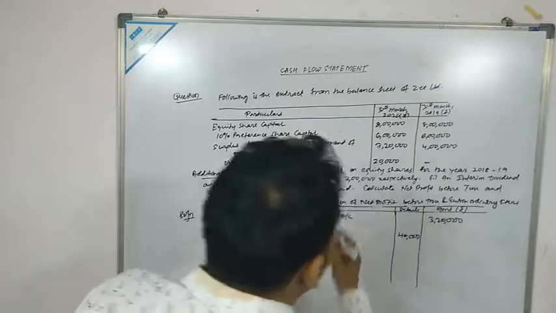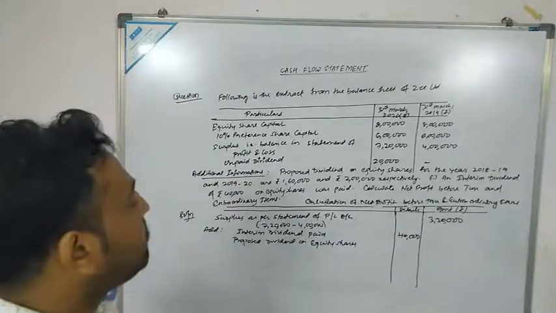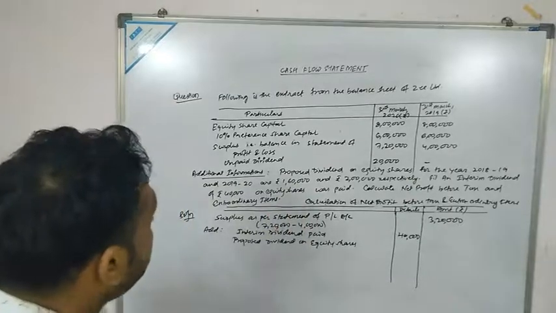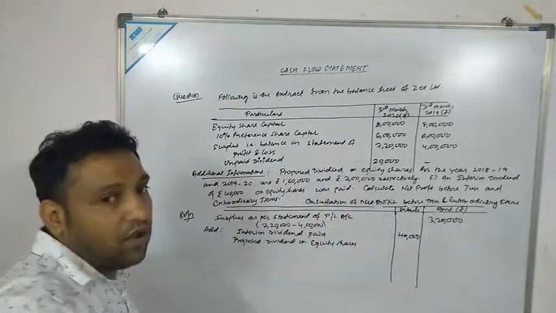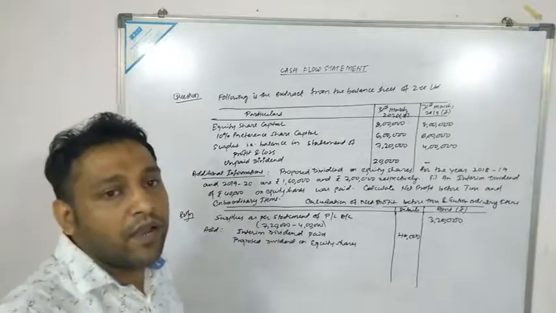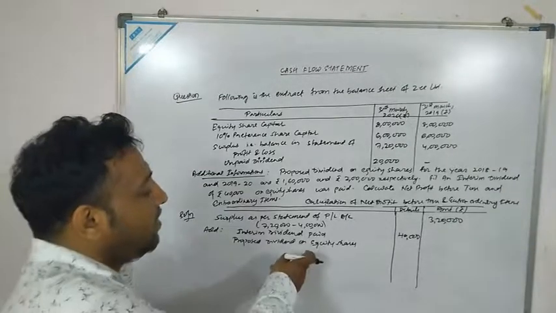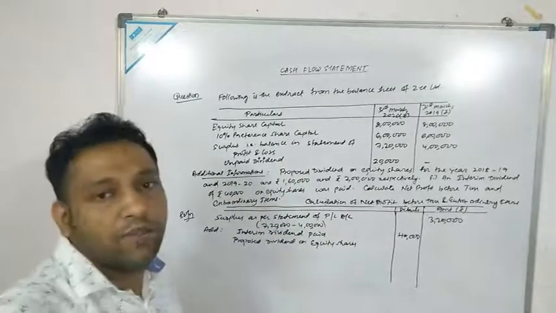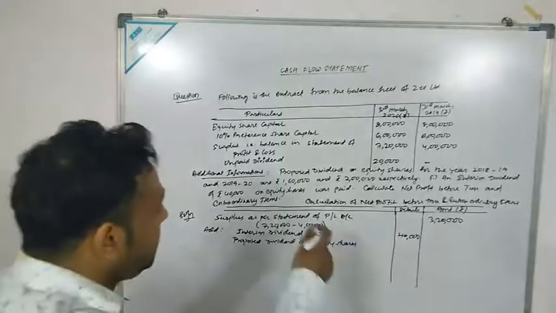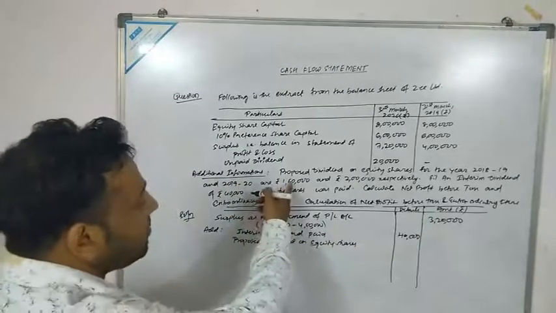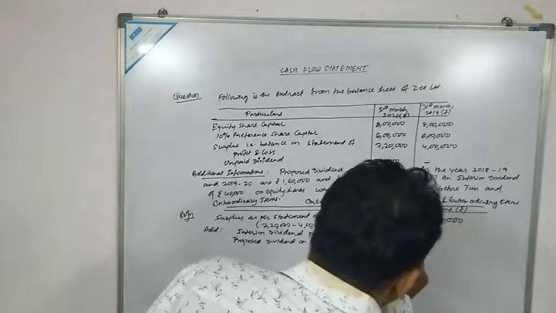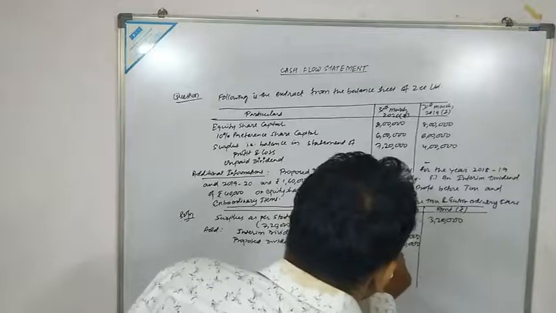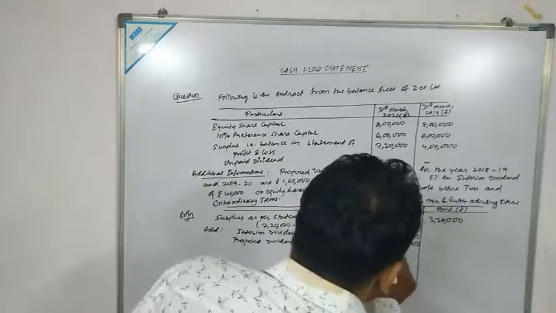Now here one thing is very important. यहाँ पे क्या है? 2 years ये proposed dividend has been given. For 2018-19 it is 1,60,000. And for 2019-20 it has been given 2 lakhs. Always remember, as per new guidelines, proposed dividend would be taken here as per previous year, in case of the calculation of net profit before tax and extraordinary items. Okay, so previous year proposed dividend is 1,60,000. So here we are required to take the proposed dividend for previous year.